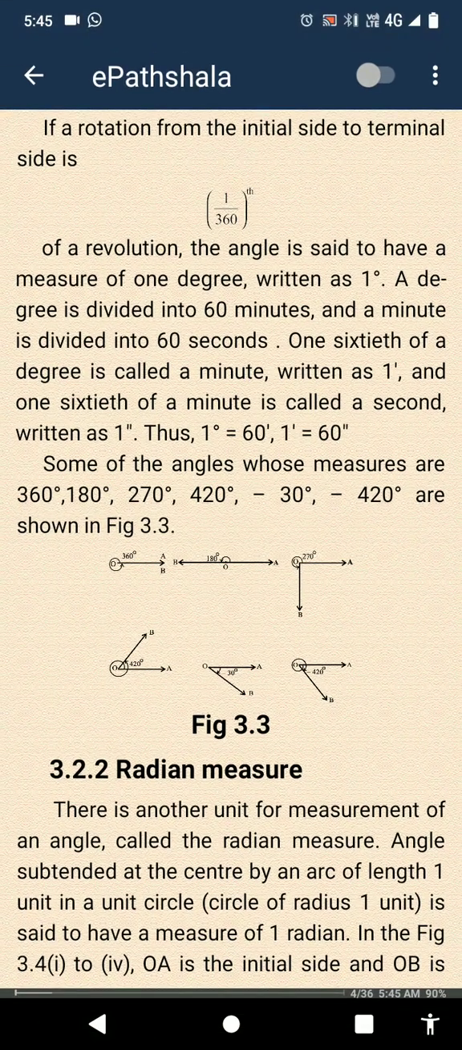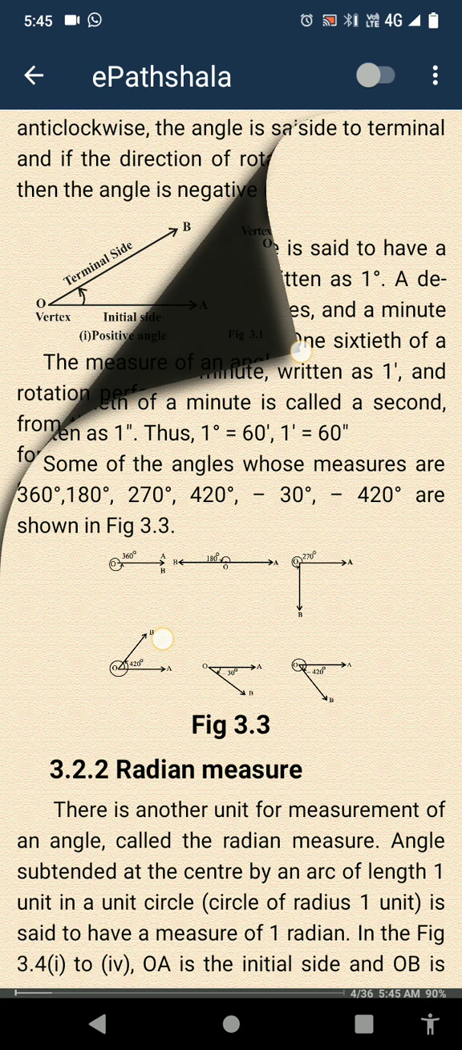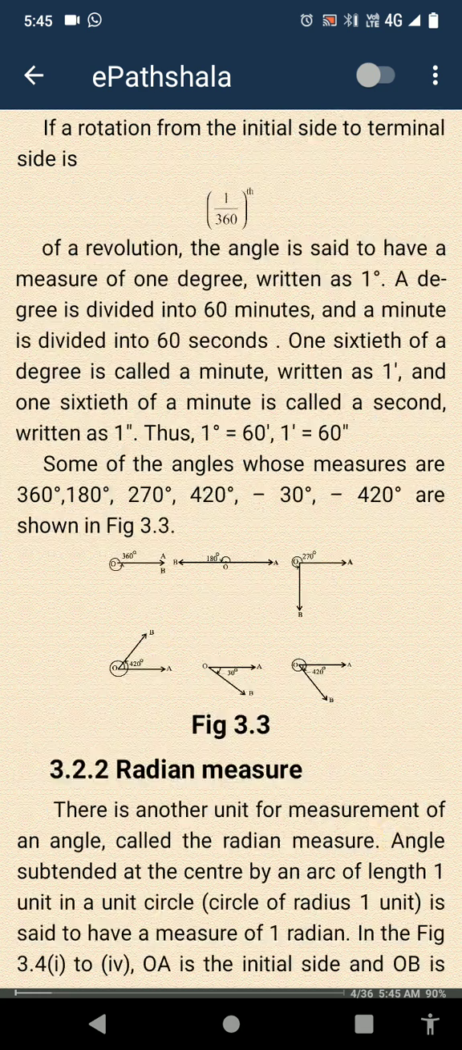So how will we measure? You can see these are very important points. 1 minute, 1 second, 1 minute. This is the indication of 1 minute. This is the indication of 1 second. You can see that of a revolution, the angle is said to have a measure of 1 degree, written as